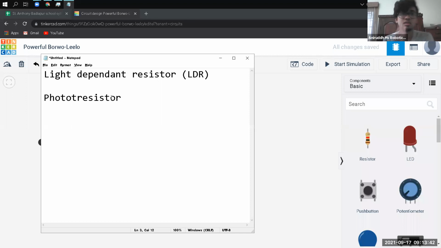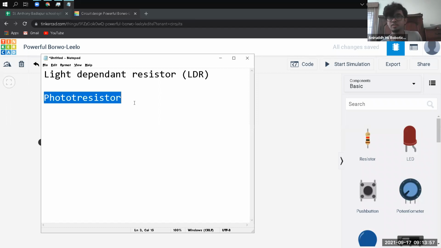The term photo basically means light, and photograph basically means light graph. Photo means light in some Latin or something, I don't know. So a photoresistor is a kind of resistor whose resistance will change depending on how much light is falling on it. You can take the flashlight from my phone, and depending on how bright this flashlight is, that sensor also will change its resistance.